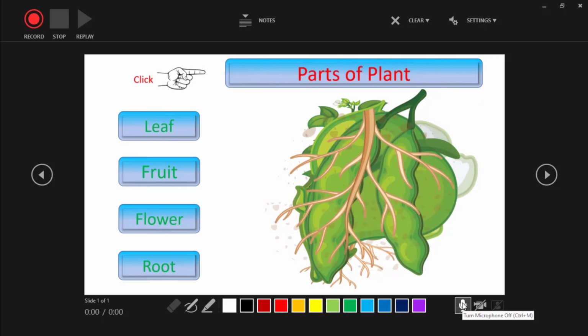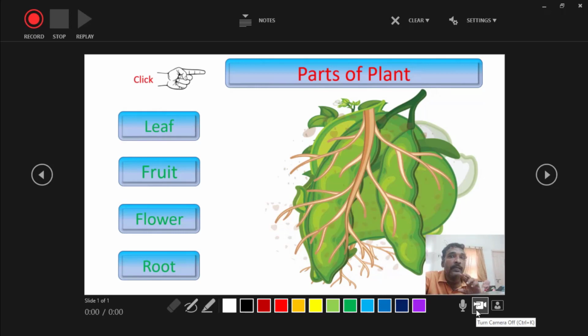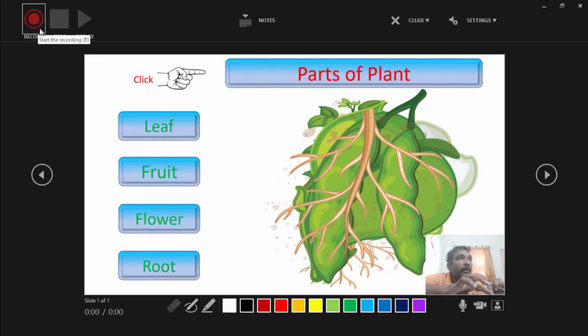Here only the audio button is there, then the video icon. I am going to click on the video icon. After clicking on the video camera icon, video will also be enabled in our presentation. Then we should move to the record button.